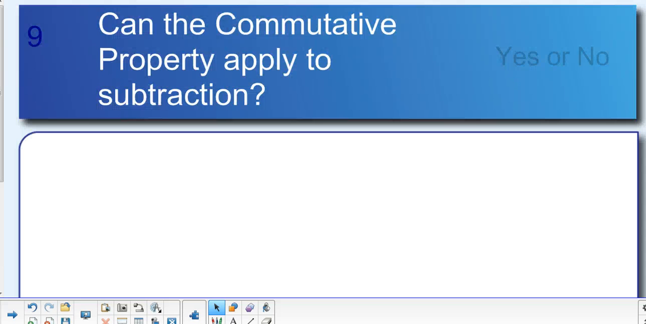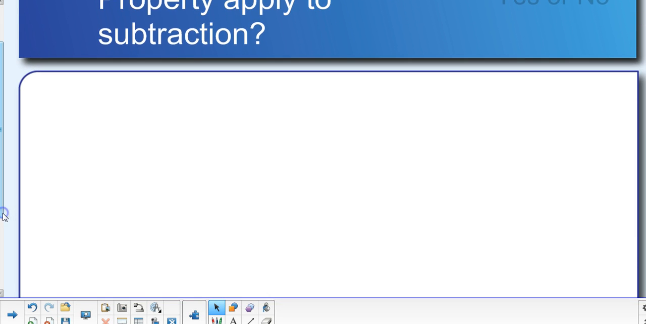Can the commutative property apply to subtraction? True or false? Yes or no, I guess it says it. The answer is no. It doesn't apply to subtraction, because if you did, you know,